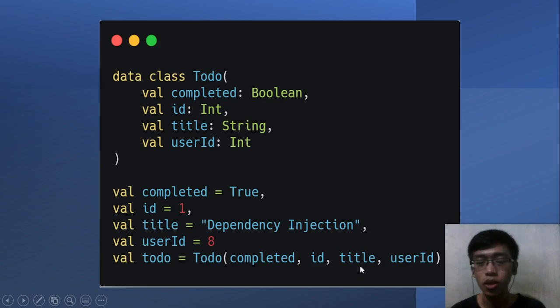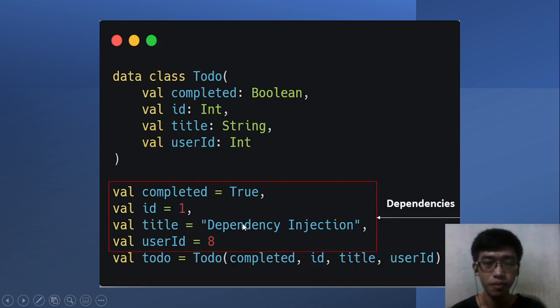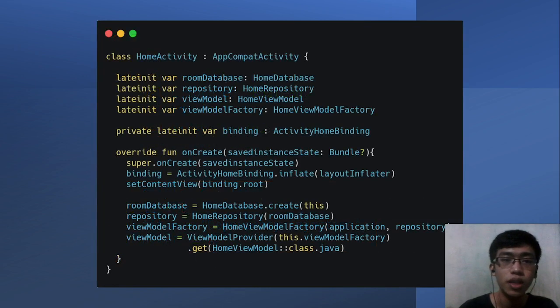And we can see right here, the todo class depends on these variables: completed, ID, title, and user ID. We can call this block the dependency of the todo class, because the todo class requires these variables. Let's move on to another example.